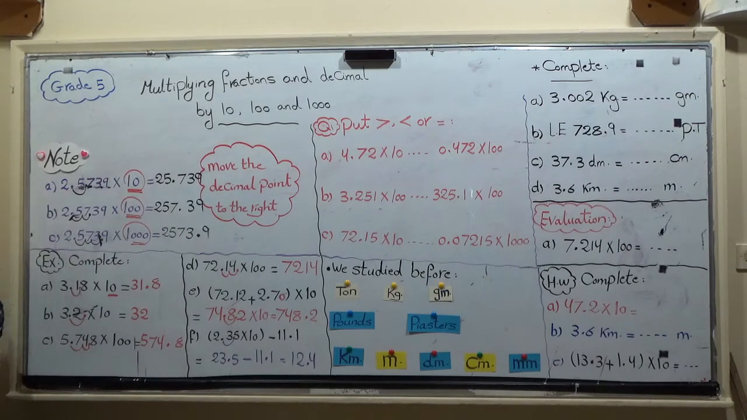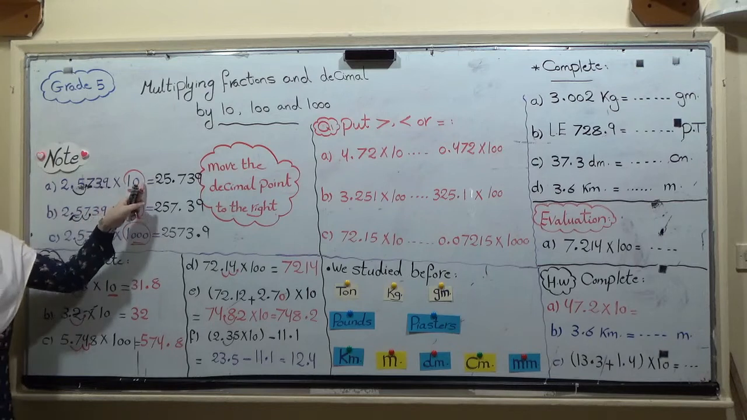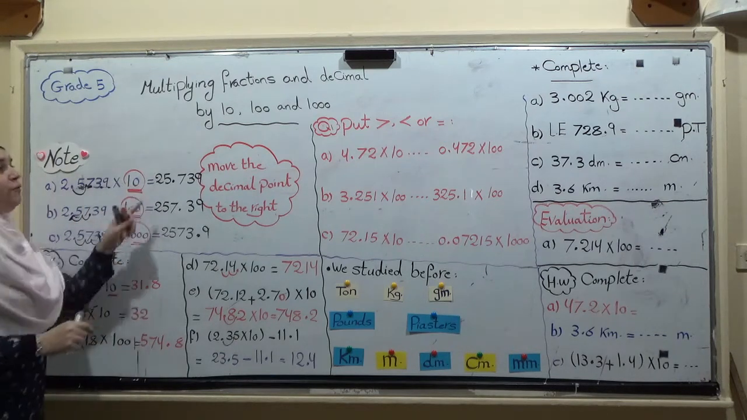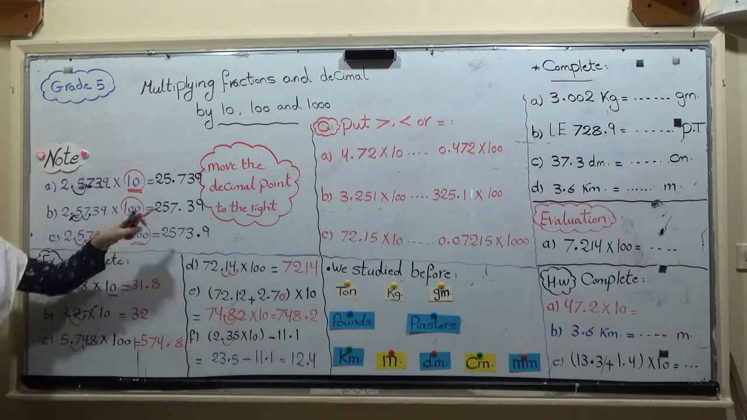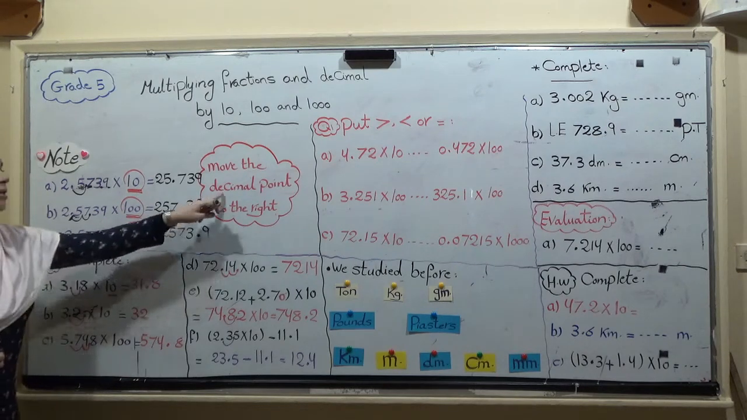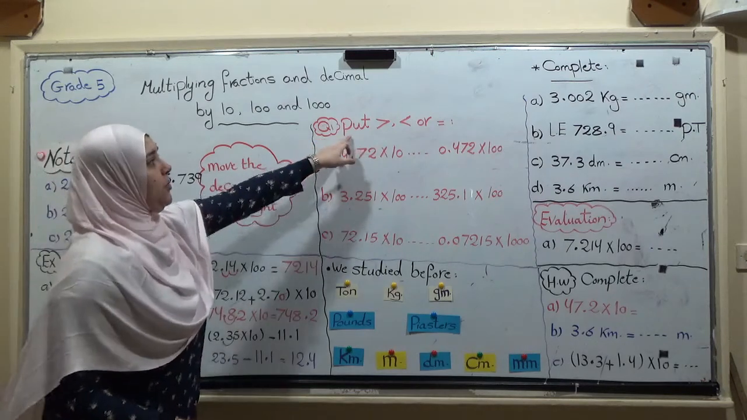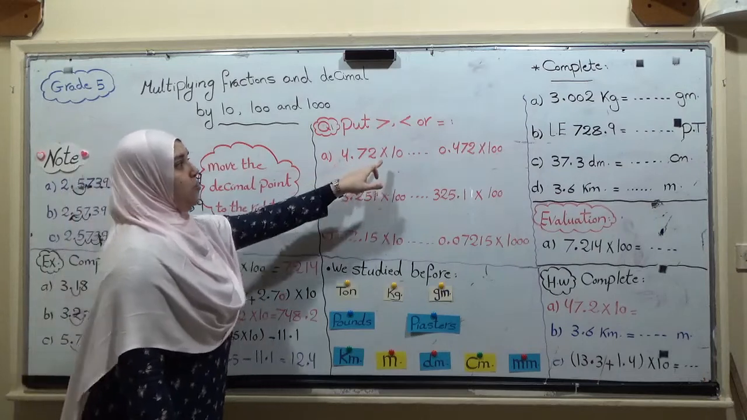Again, I repeat. Mrs. Shayma said before, when I have the decimal number multiplied by 10 or 100 or 1000: multiply 10, move the decimal point 1 digit to the right. Multiply 100, move the decimal point 2 digits to the right. Multiply 1000, move the decimal point 3 digits to the right. In this question, put greater than or smaller than or equal. 4.72 multiplied by 10,